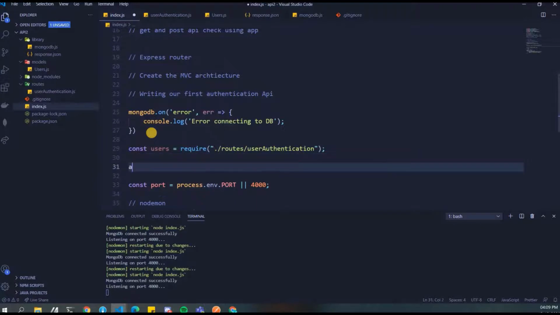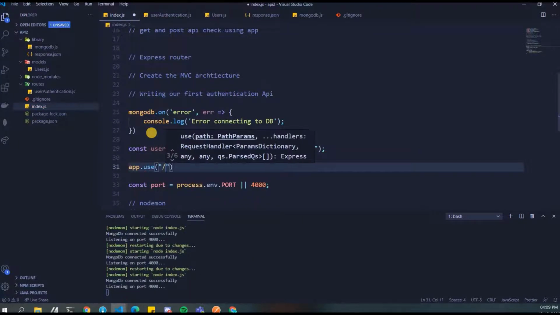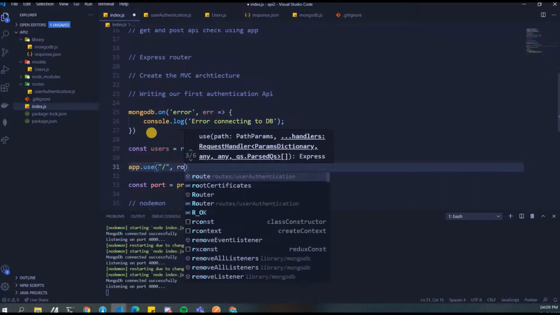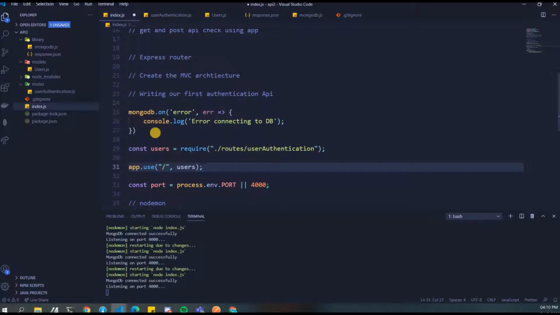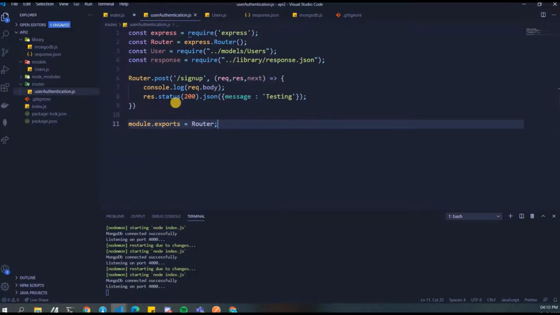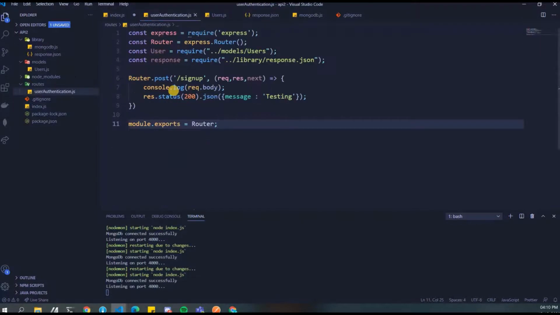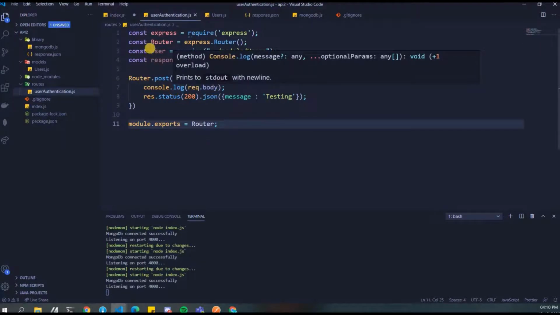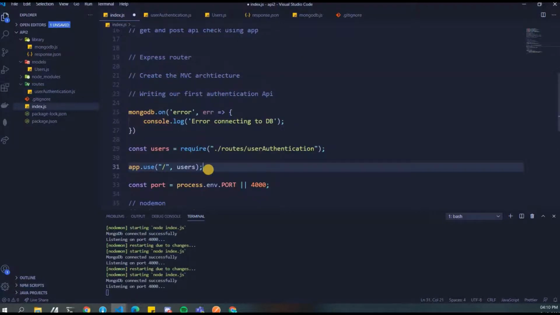Now if you do app dot use slash users, what is happening is we are importing this particular authentication, and for a slash we just have to use it, because all the post, get, everything is inside this particular router itself. So we are just going to use it.